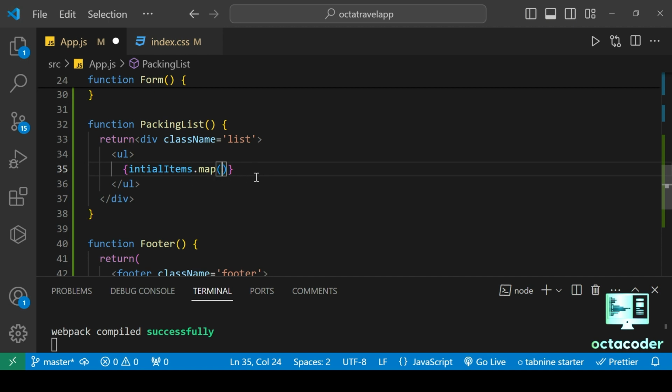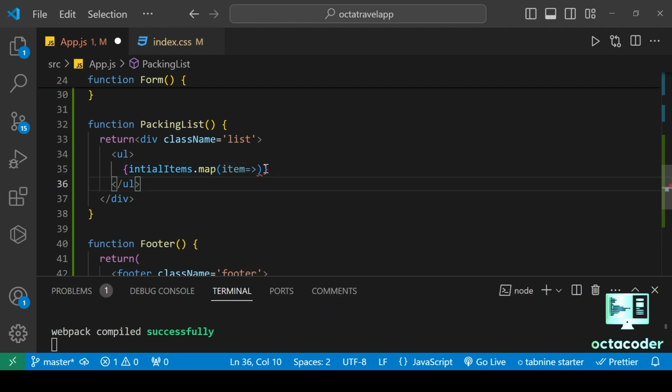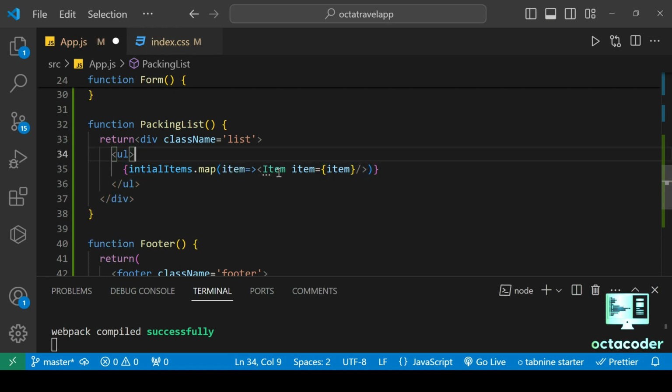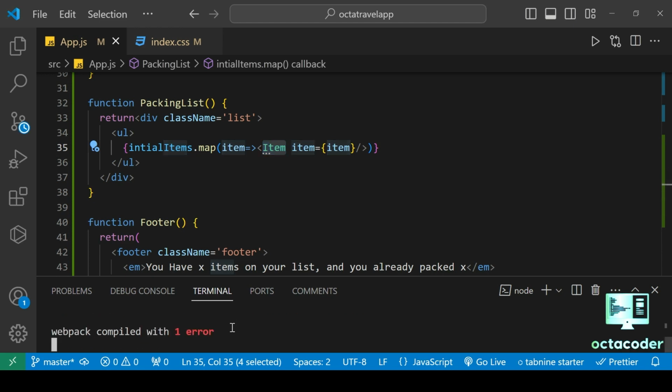Then inside the map method, for each of the elements, let's say an item, and then for each item what we want to render is an item component. So let's immediately write that here. Then we will create the item component in a minute. So Item, and then item again. You see we have a lot of items here. So the name of the component, then the name of the props, and then here the object itself, which is the argument of this callback function in each iteration over this array. Okay, but of course